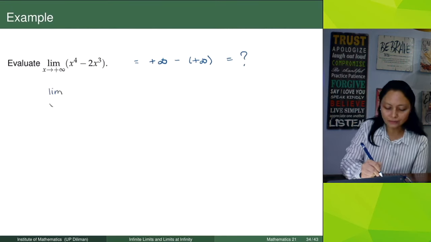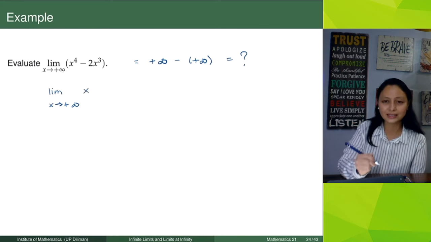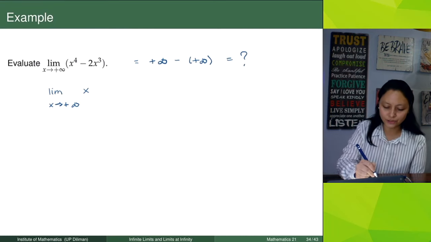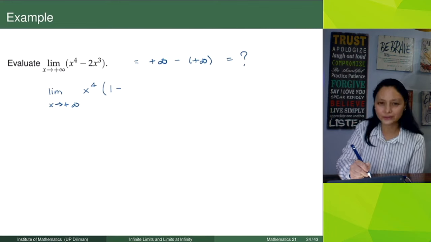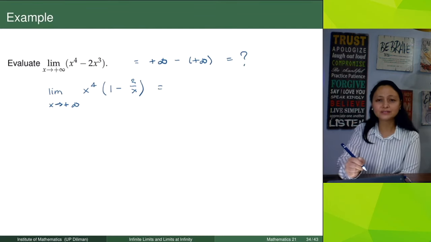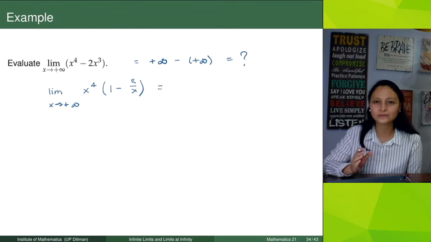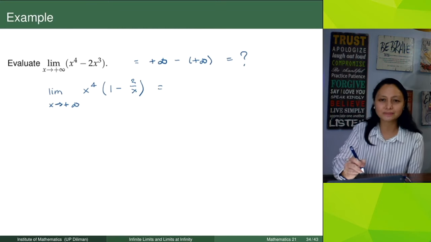You can factor out x with the highest exponent. In this case, ang highest exponent ni x ay 4. So, if you factor out x to the 4th, you get 1 minus, so 2x cubed divided by x to the 4th, you have 2 over x. Tama? The limit of x to the 4th, di ba pwede nating kunin yung limit ng bawat factor as x approaches positive infinity according to the theorem. So, limit ng x to the 4th as x approaches positive infinity is positive infinity